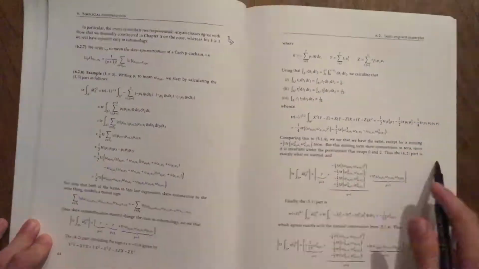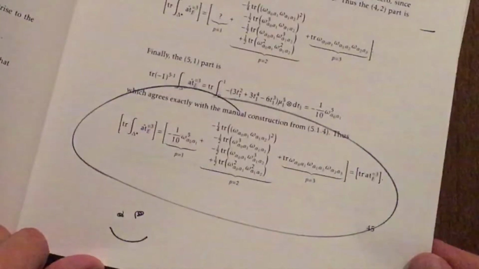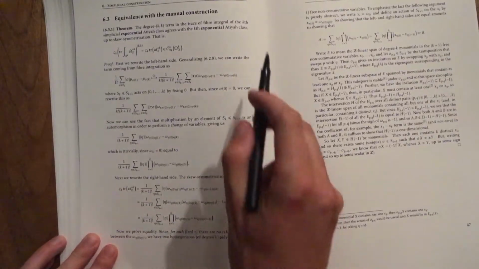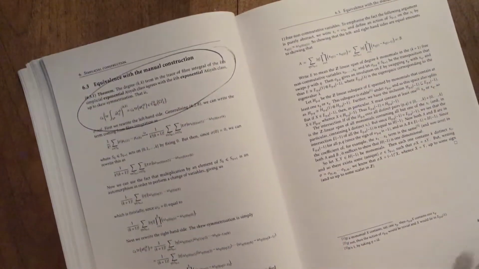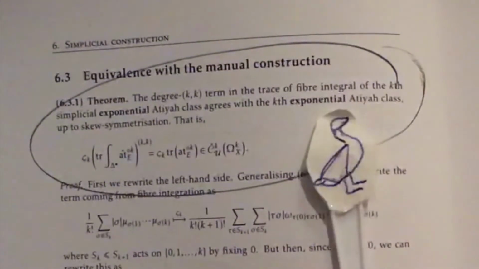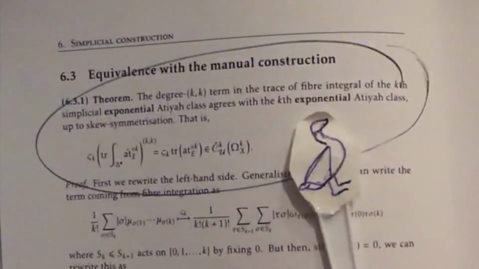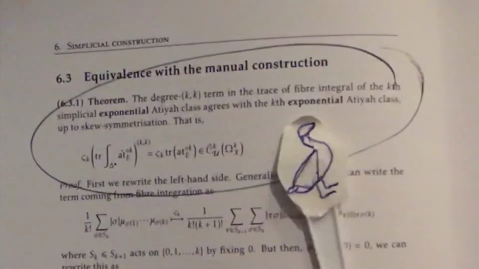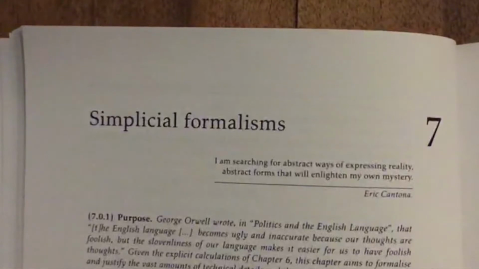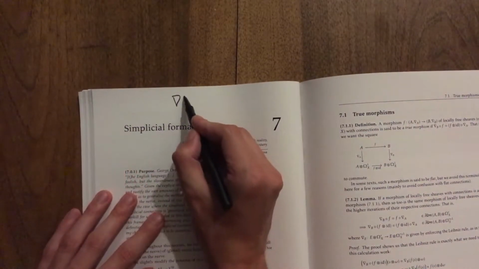In fact, the same is true for the second Atiyah class as well, and for the third, even though now the equality only holds in cohomology and not directly on the level of cocycles. More generally, as one might hope, we can show that the result is true for all the Atiyah classes. Everything we've said above is really just a nice way of explaining in more detail what Green did in his thesis, but we said we were going to do something a bit more general and give abstract definitions for simplicial connections, so let's do that now. We already have a vague idea of what a simplicial connection should be.